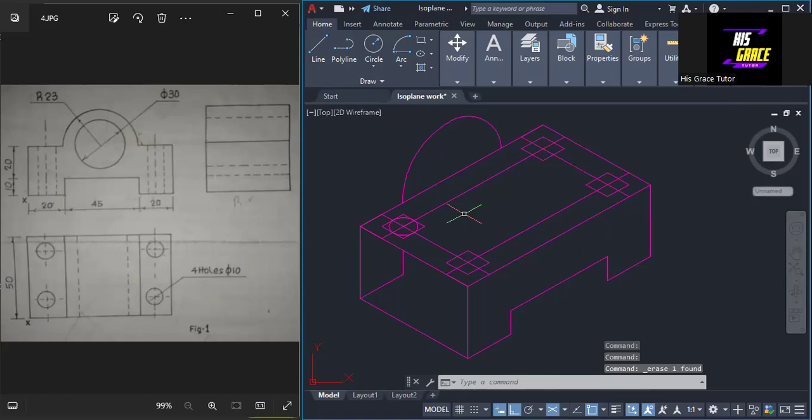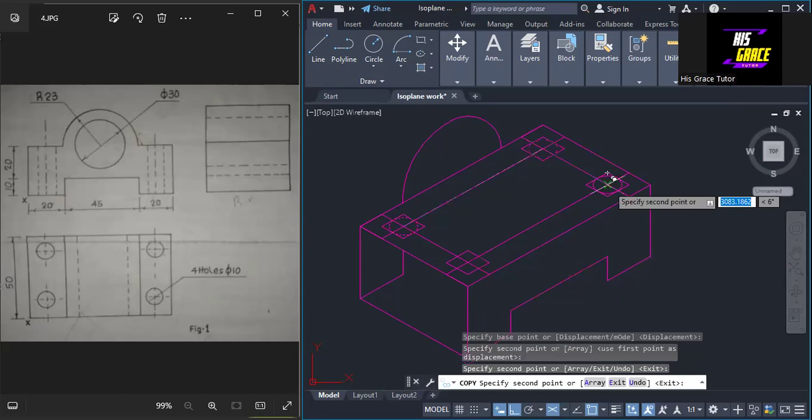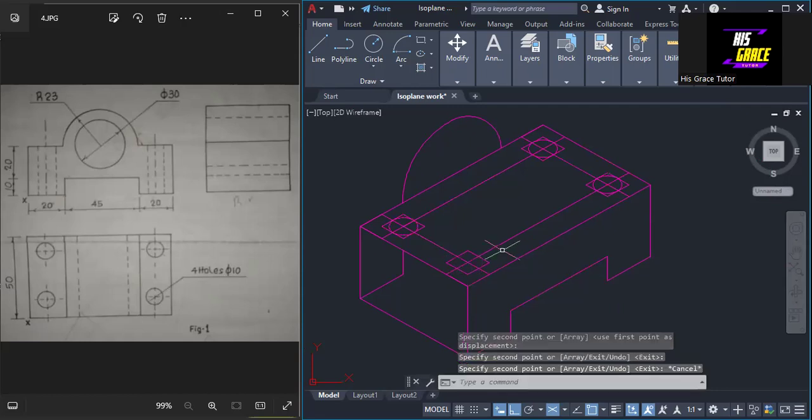All right, so I'm going to copy again. Select the circle, right click, center. So I bring it to this center, and bring it to this center, and bring it to this center, then escape. Okay, so I need to copy. So for this one,